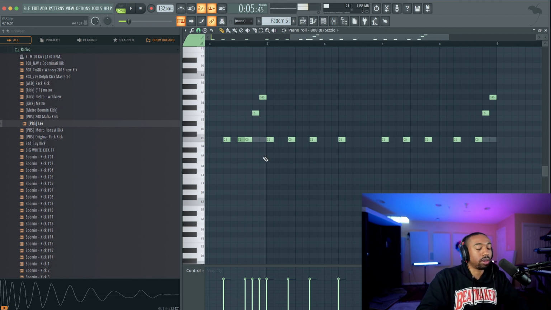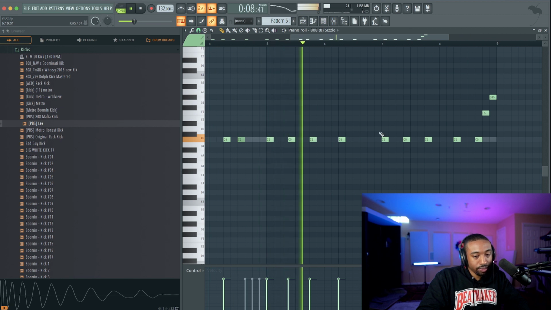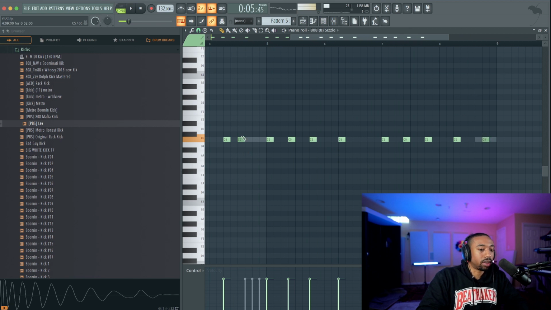That will cut the 808 off without doing a bunch of other stuff. And I'm going to make sure we don't overlap those notes. So I'm getting rid of the notes I played, but it's worth the overlap. I'm just moving that muted note over a little bit.